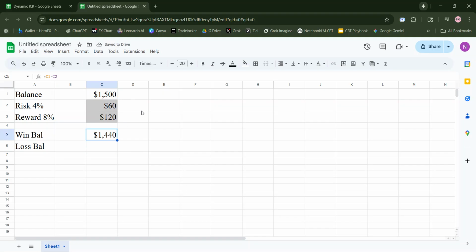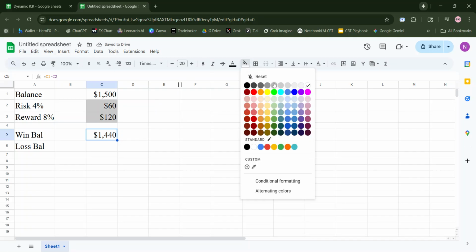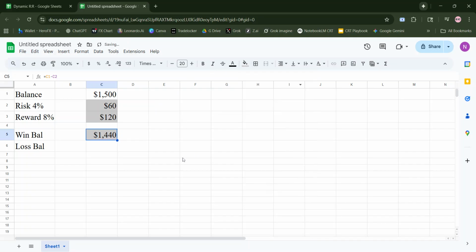I will change this to gray because we don't need to put anything in there, and it's going to do everything else automatically for me. Okay, so if I take the trade and lose, I will lose $60, which will knock my balance down to $1,440. But if I win, I'll hit the equal sign, the balance,